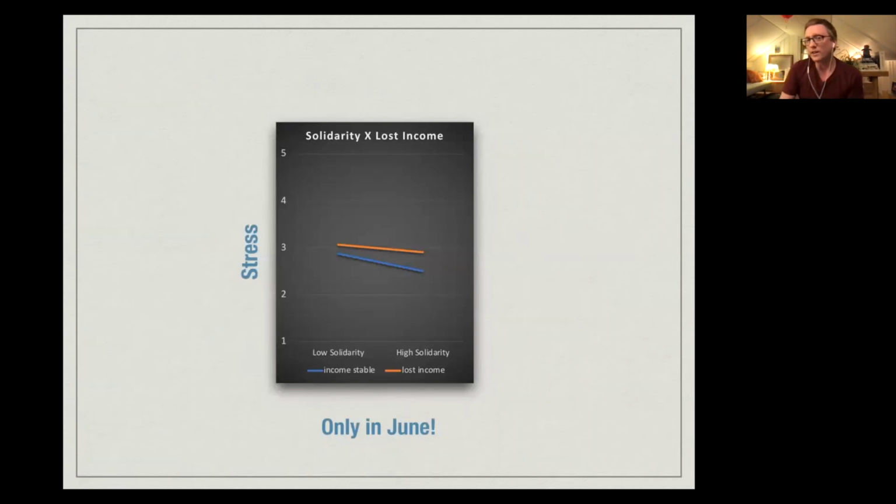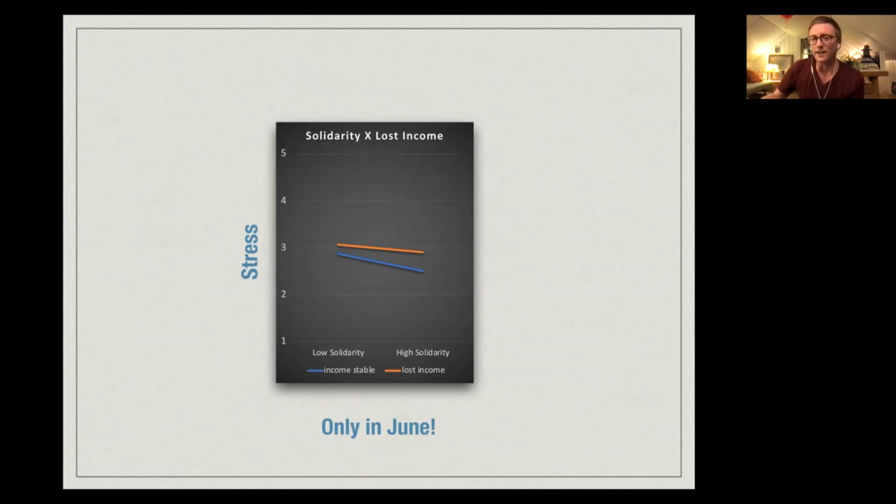Well, what I'll say is we saw very few interactions at all between the sort of stressor variables like losing income or your job or other things, and the identity variables, hardly any interactions. And when they do show up, they tend not to be the buffering pattern. So this is one example of an interaction that did come out significantly. It's only in June, and it's an interaction between losing income and solidarity. And you can see it's not the buffering pattern. If anything, it's that losing income or experiencing this very significant negative stressor sort of undoes some of the positive influence of community solidarity, so that